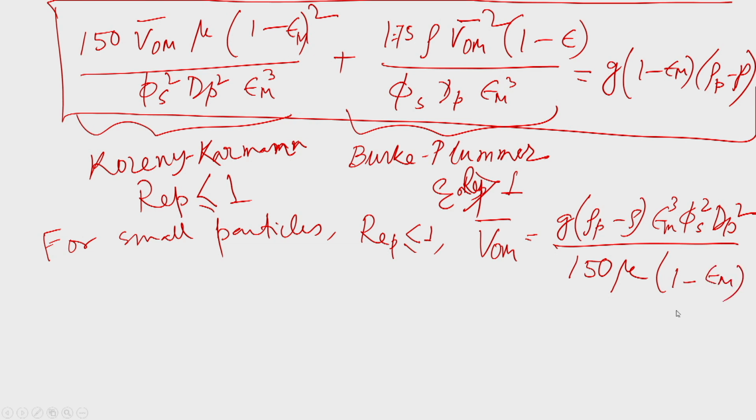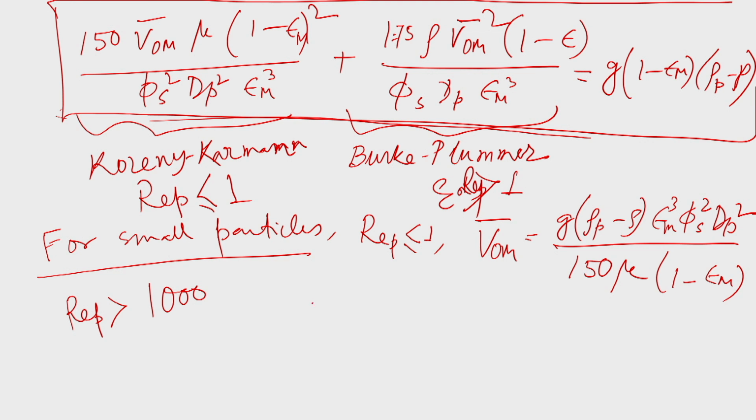Okay. So, if we do the manipulation, the second part of the left hand side of this equation will vanish. So, for small particles like this. Whenever the particle Reynolds number is very high, let us say greater than 1000, then in that case the minimum fluidization velocity will have only the second part, and the first part will vanish. So, by manipulation we will be getting that V_om is equal to phi_s into d_p into